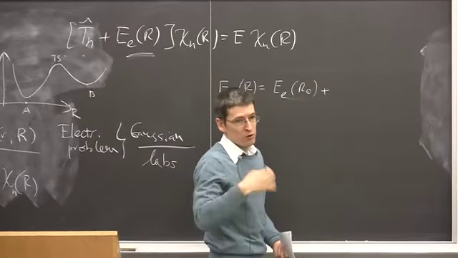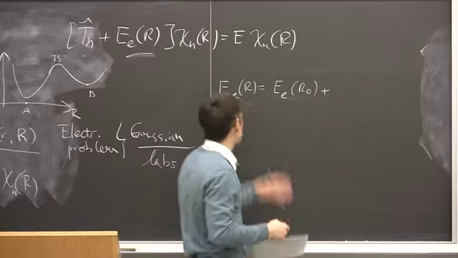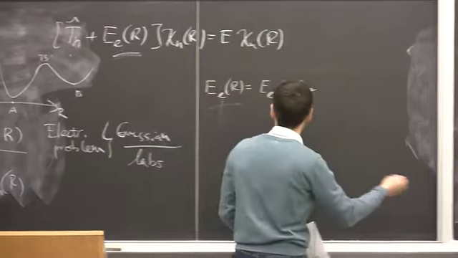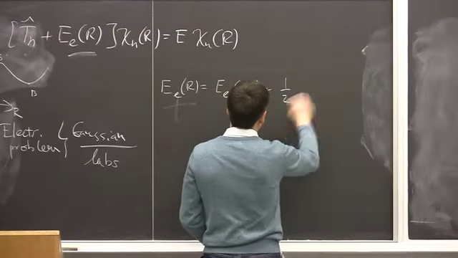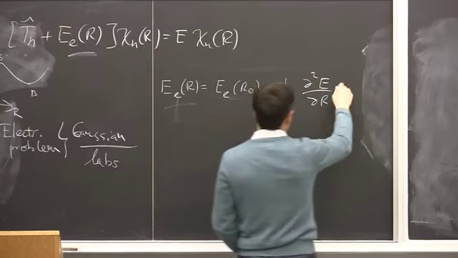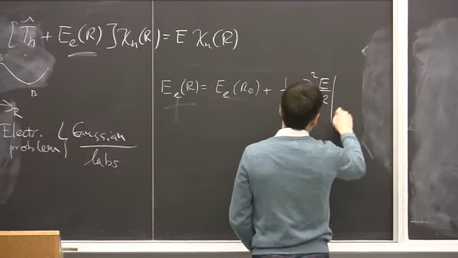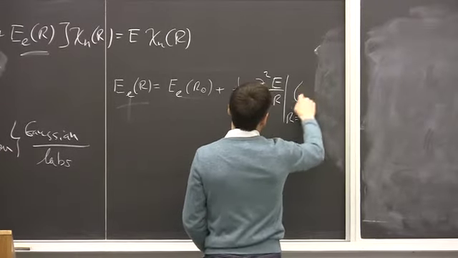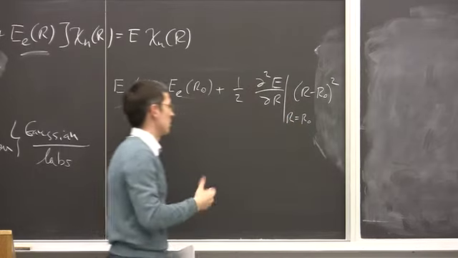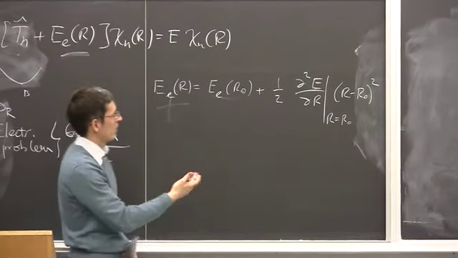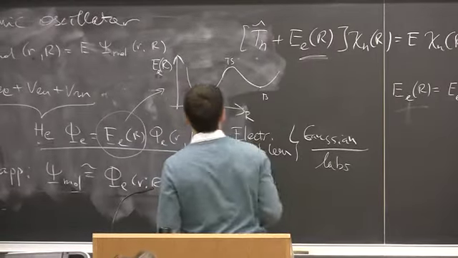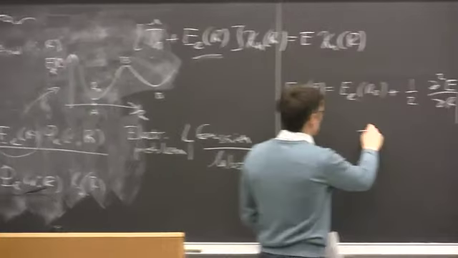Since it's a minimum, the first derivative of the function will be 0, because at the minimum we have first derivatives equal to 0. And so the first non-trivial term is the second derivative of energy with respect to the nuclear configuration, taken at the point of the minimum, multiplied by the difference between r as a variable and r0 as the point of the minimum that we're considering, plus higher order terms